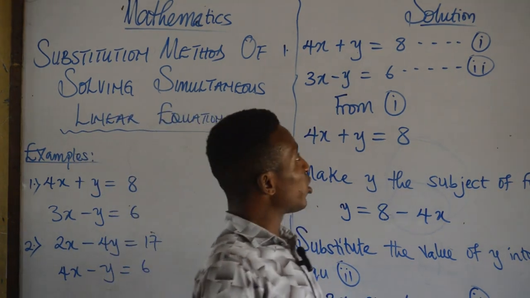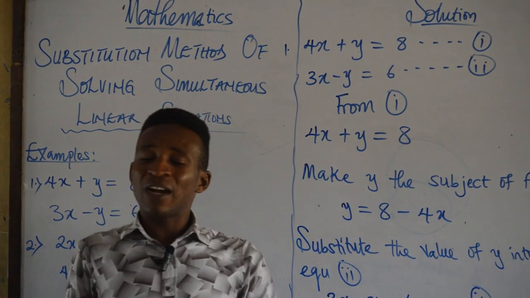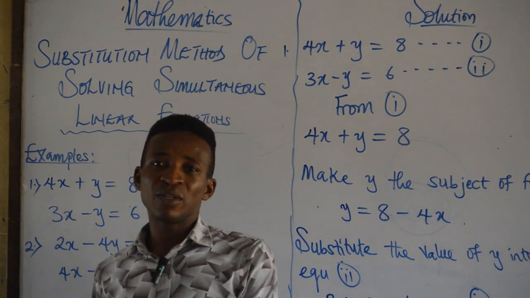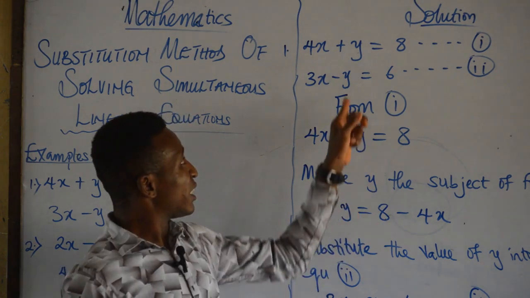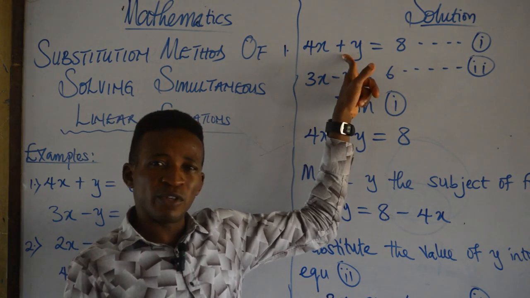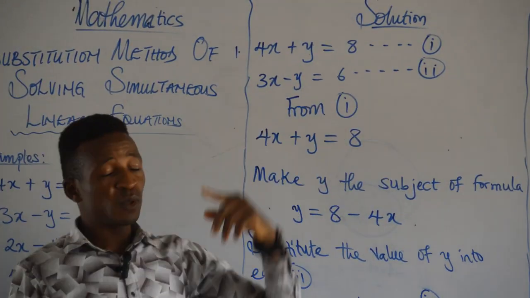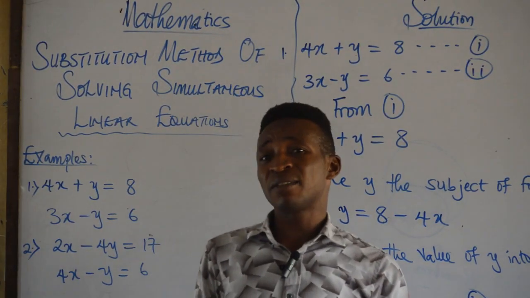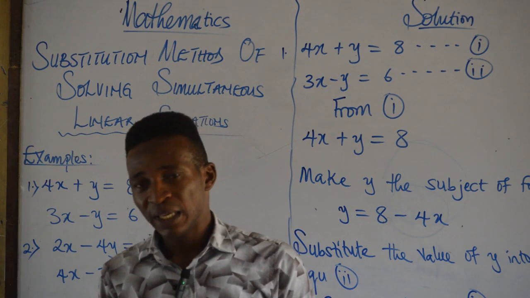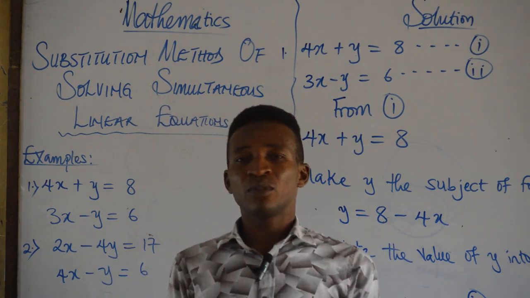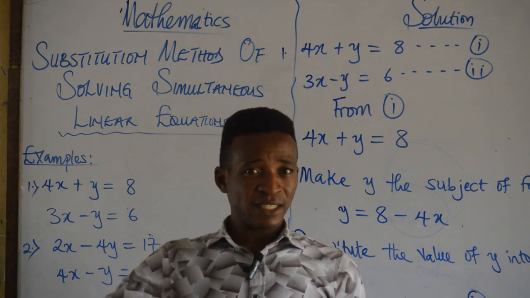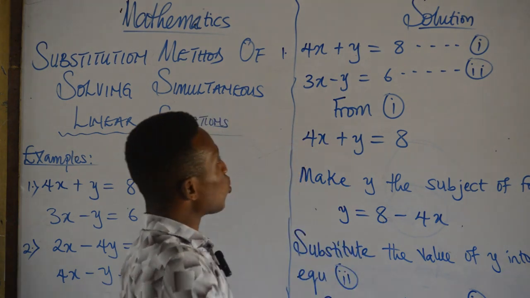Now when you have both 1 and 1, ask yourself which one has the positive value and which one has the negative value. The one in equation 1 is positive, which is plus y, while the one in equation 2 is negative, which is minus y. And from experience, positive is easier for you to evaluate as opposed to negative values. So that was why we decided to go with the one in